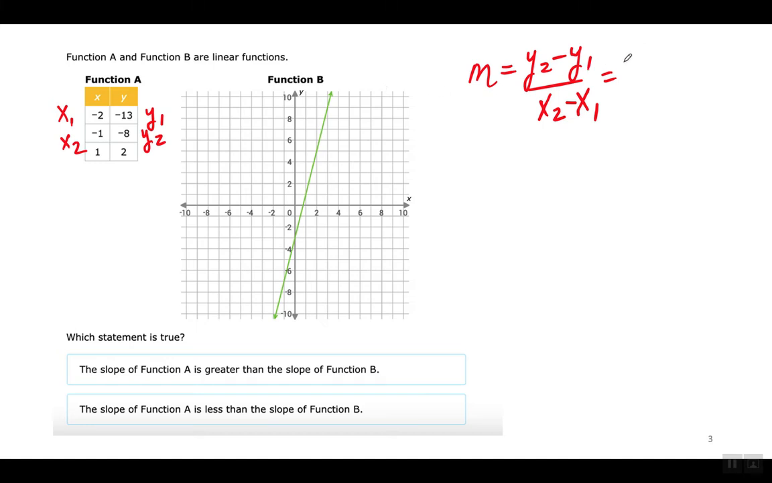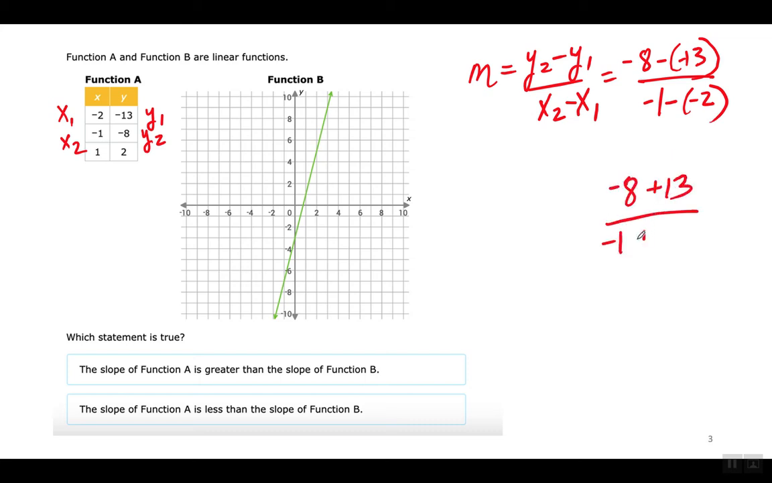Alright, so on the top it's going to be -8 minus -13. And on the bottom it's going to be -1 minus -2. That's going to become -8 plus 13 on the top and -1 plus 2 on the bottom, which is going to equal 5 over 1. So the slope is 5. Okay, and by the way, I'll show you how to do it with the bottom two as well in a second. But first, the slope of function A